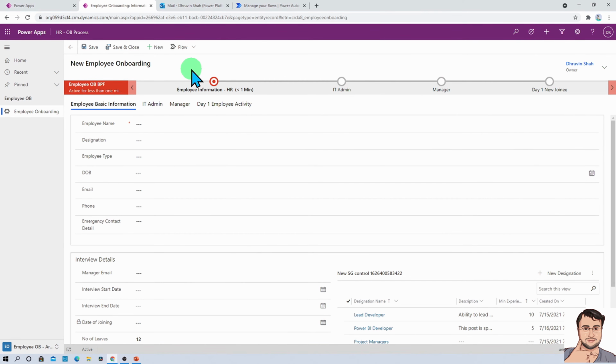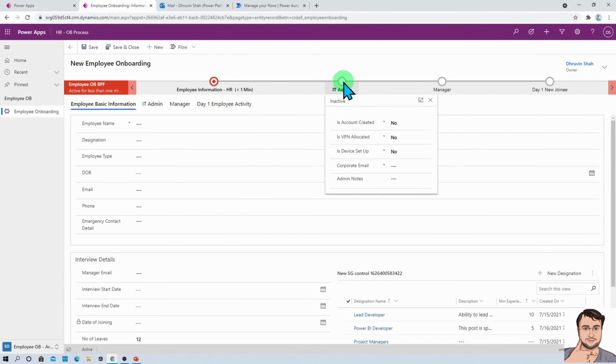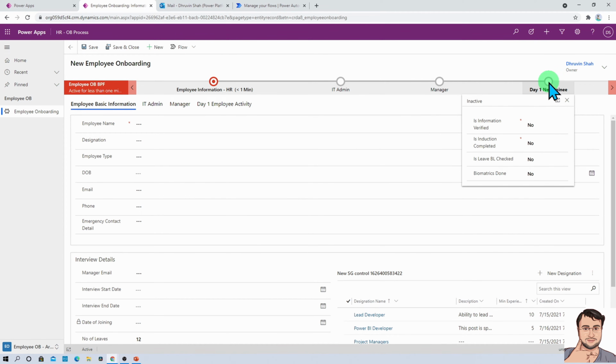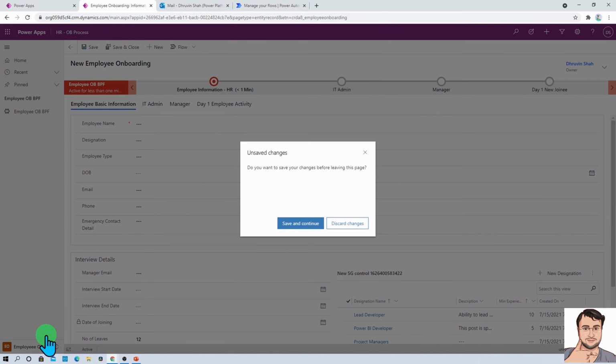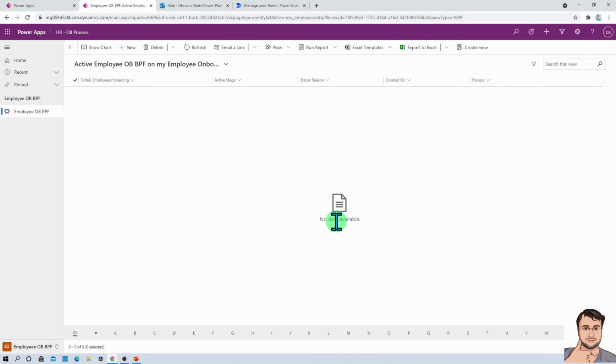In our earlier session, we built this process form where first HR will take some steps, after that IT admin will take some step, after that manager and new joinee perform their steps. Now, I told you one more thing as well, that for a business process flow it maintains one out of the box table, and that table manages the process stage or active stage for the process.